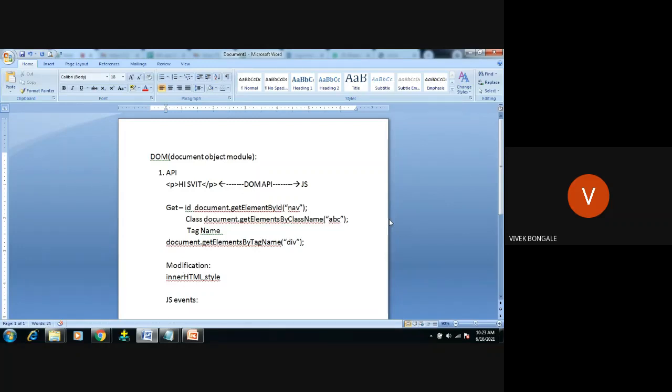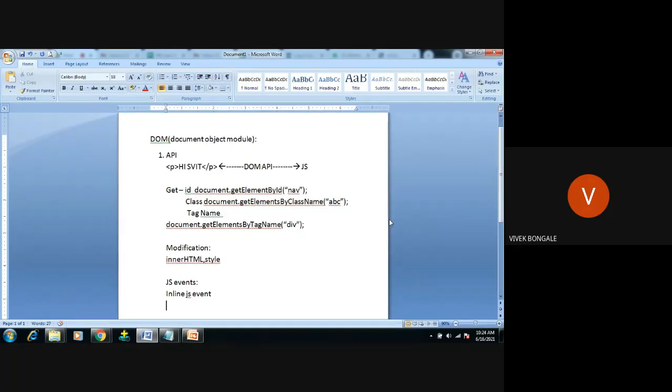It occurs from the user: when the user invokes something or gives an input, only then will the particular code get executed. We can do that in two ways. One is the inline JavaScript event. The second one is the listener approach.